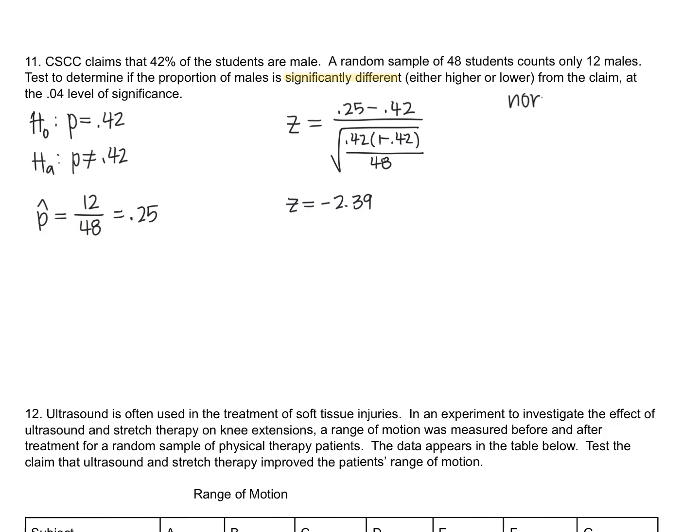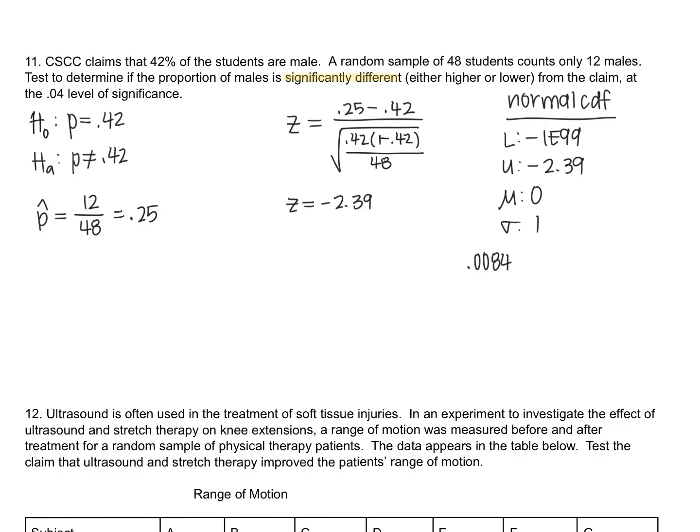Now we go to normal CDF for our p-value. Our lower bound is going to be negative 1e99. Upper bound is going to be negative 2.39. Mean of 0, standard deviation of 1. And that's going to give us